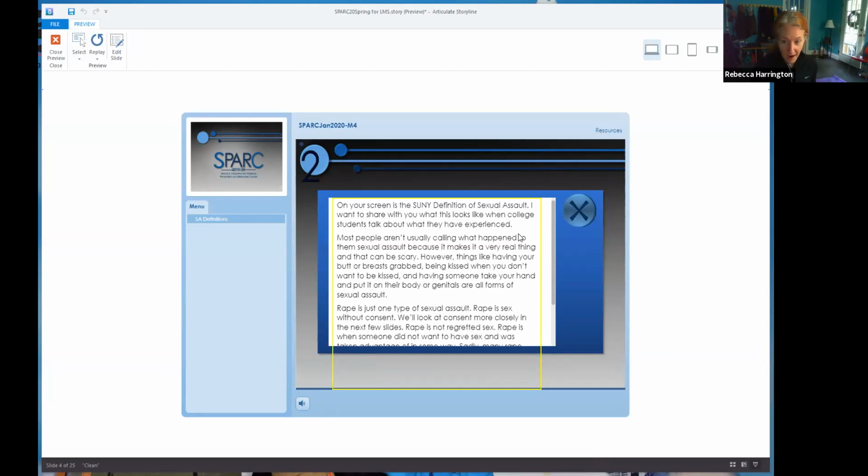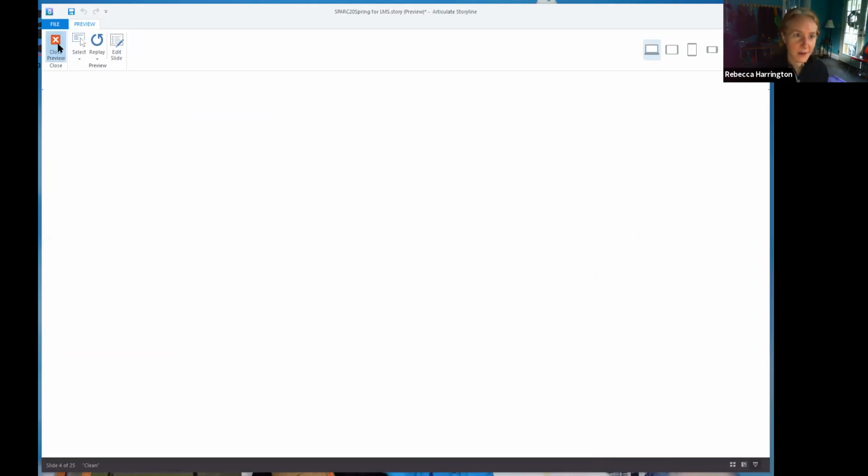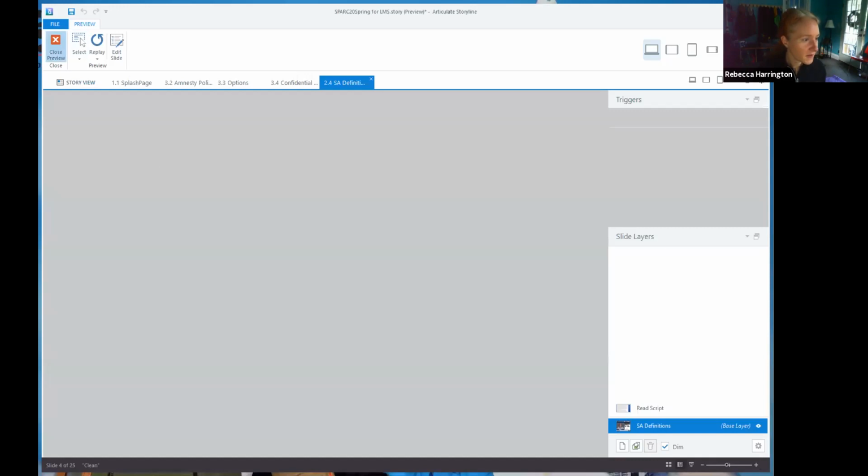If I go down, it should let me, let's see, how is it going to let me? I'm going to have to double check what the tab order is for getting it to advance down through that scroll bar that used to be just the return key. Now that I'm on the X, I can hit enter and now I'm back. So it causes that trigger to go. And because it hasn't played out, I don't have a next button to test, but that next button's not going to go anywhere at this point. So let me close that out. I think those are all of the things I want to talk about today.